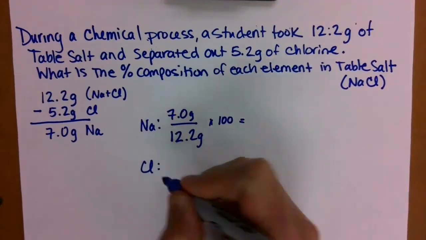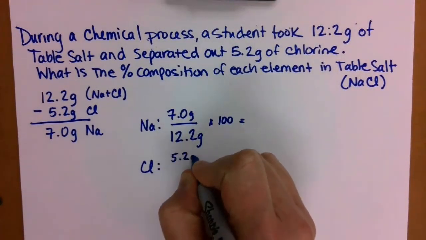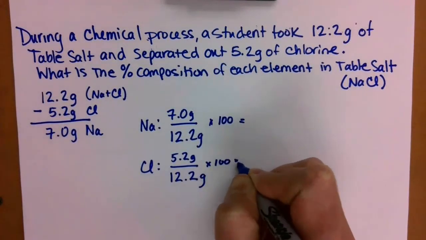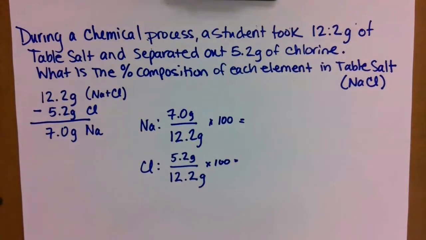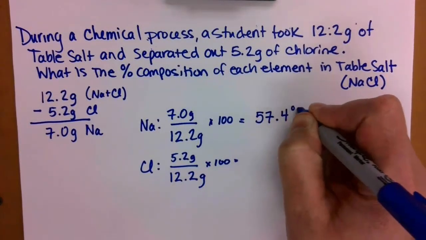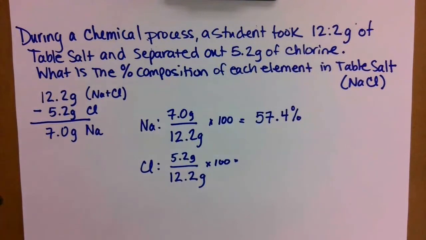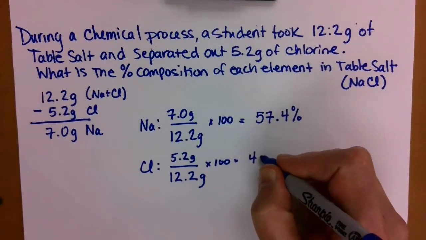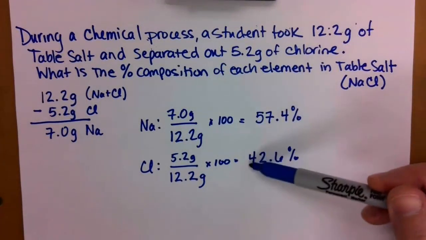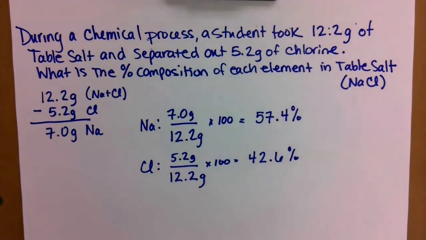Likewise, for my chlorine, I'm going to take the mass amount that got separated out, the 5.2 grams, and divide that by the total mass of 12.2 and multiply this answer by 100. So, when you go through and you take your 7.0 grams and divide it by the 12.2 and then multiply by 100, I find that for this particular compound, 57.4% was sodium. And when I take the 5.2 grams of chlorine and divide it by my 12.2 gram sample size, I find that chlorine will make up 42.6%. If I want to double check my math, these two should always total to 100, or for as many elements there are in the compound. Yet one more way that we can use percent composition